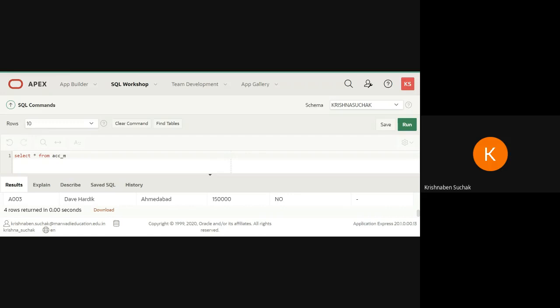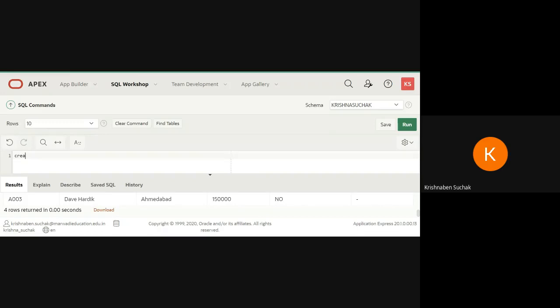So now we are moving to the second part of the second practical, that is the loan table. We have already created the loan table in our lab 1, practical 1. So now we will do revision of that table.